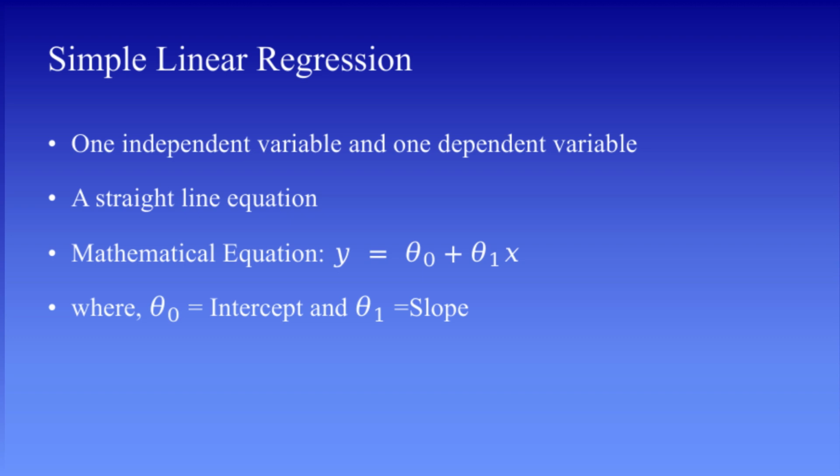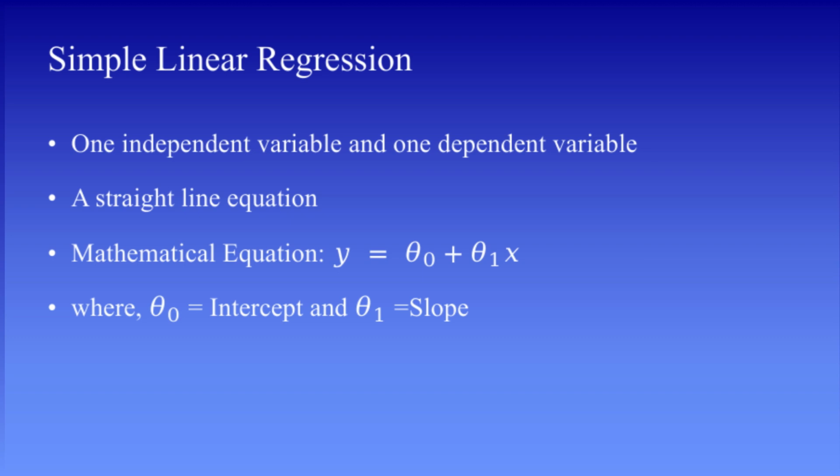The slope m tells us how much the marks are expected to increase for each additional hour of study. For example, if m is 5, it means that for every extra hour of study, the marks increase by 5 units on average. The intercept c gives us the starting point, the predicted marks when study hours are 0.